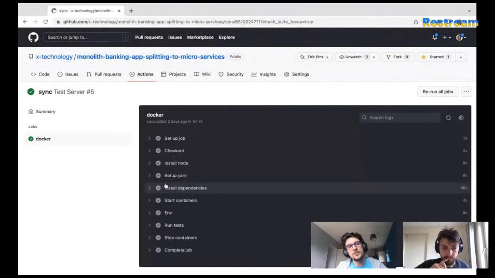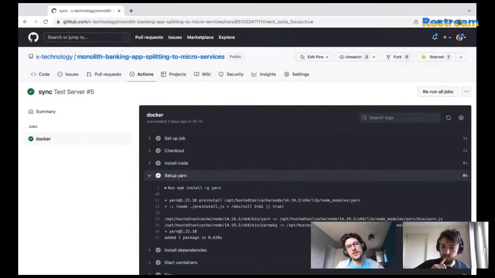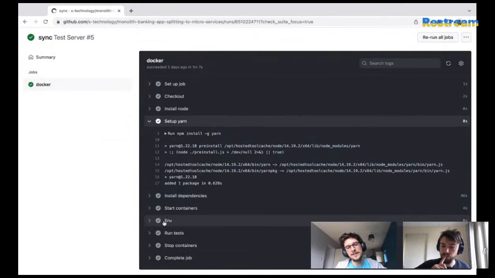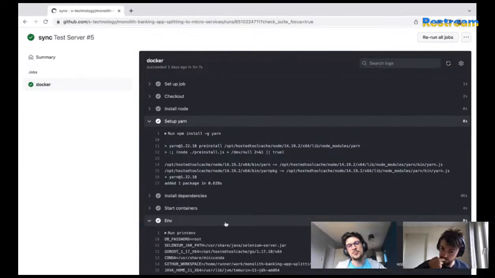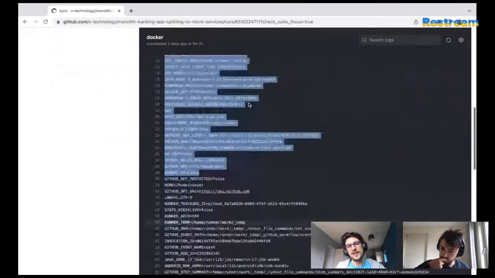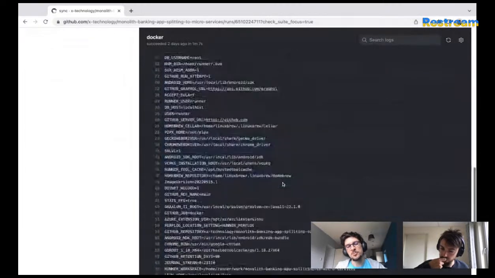Docker. If we go to the job section, we can see all these steps executed, and we also can open any of them and see the logs. The logs that were produced, and this is a section I just removed. It's called env. It was about just printing out the environment and seeing what we have inside, which kind of exposes maybe